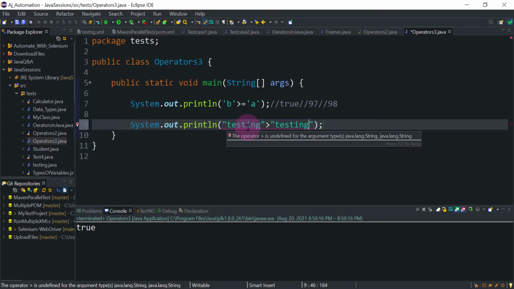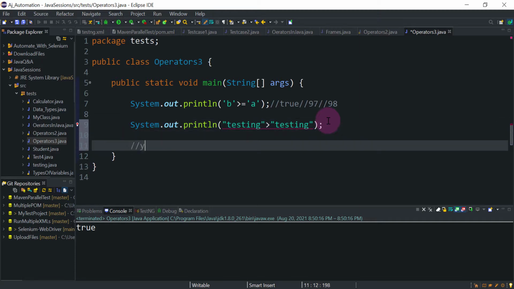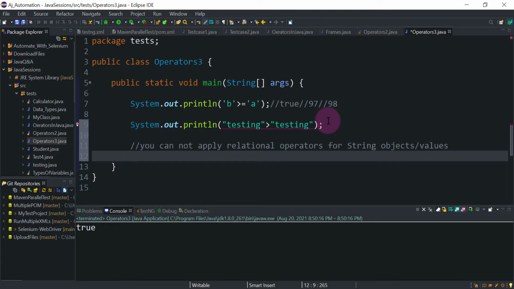So you cannot apply relational operators to string objects or string values. You cannot compare two strings or two objects with the help of relational operators, whether greater than, less than, less than equal to, or greater than equal to. So this is an important point for the interviews.